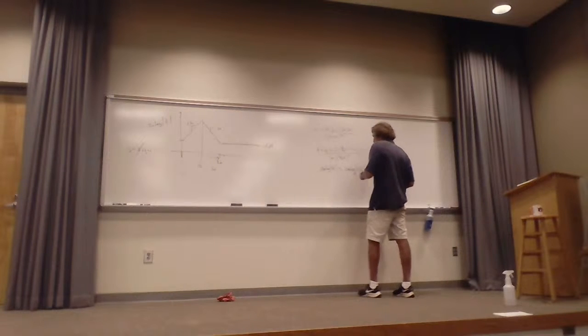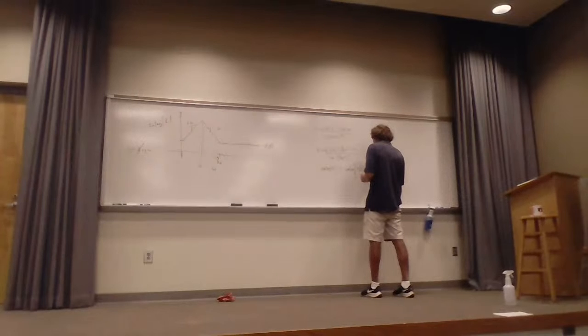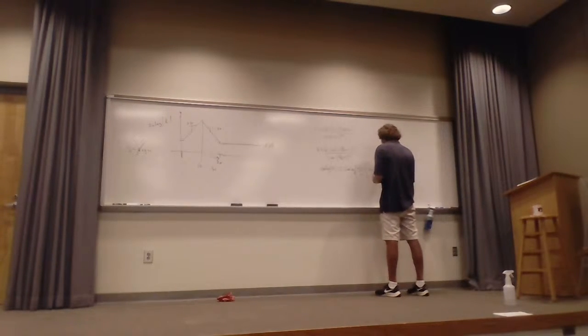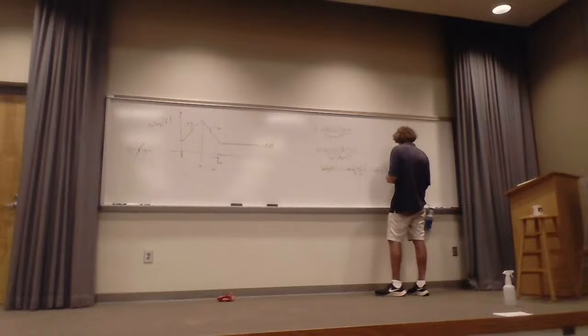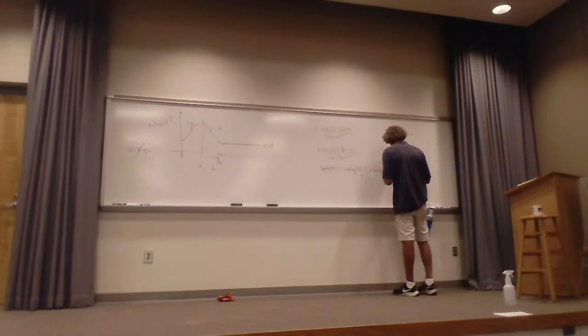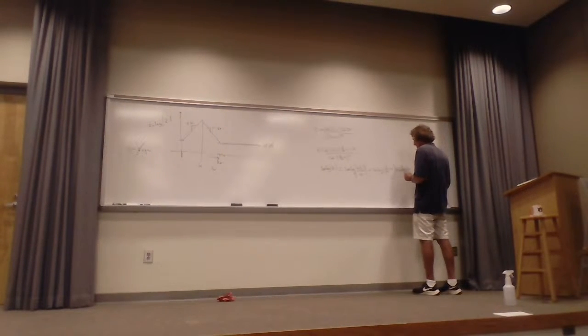That's this part. And then it's going to be plus 20 times log S over 30 plus 1 plus 20 times log S minus 40 times log